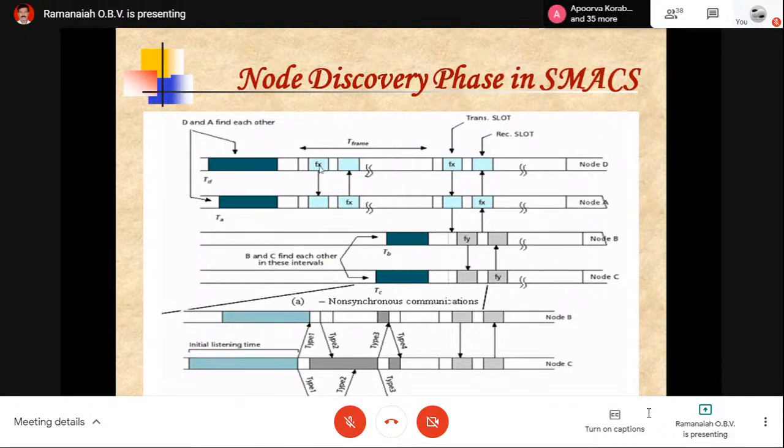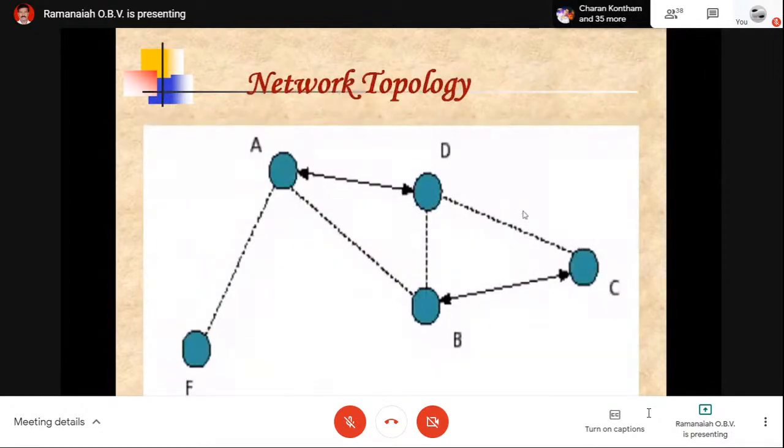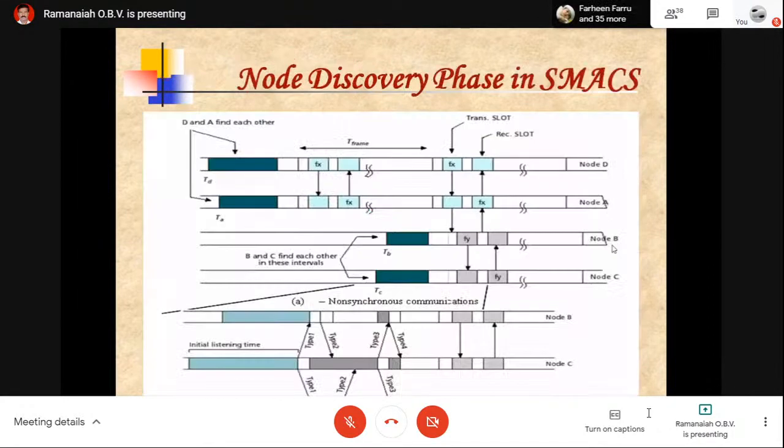Same is the case here. Transmission slot with respect to node D, and with respect to node D, this is the reception slot, right? So that is how half duplex communication takes place. That is also called non-synchronous communication. And here, A and B are also neighbors. B and C are also neighbors. So now A and B and C. B is neighbor to A and C. How are they agreeing? You can see here, right? Sometimes they may accept on one frequency for,